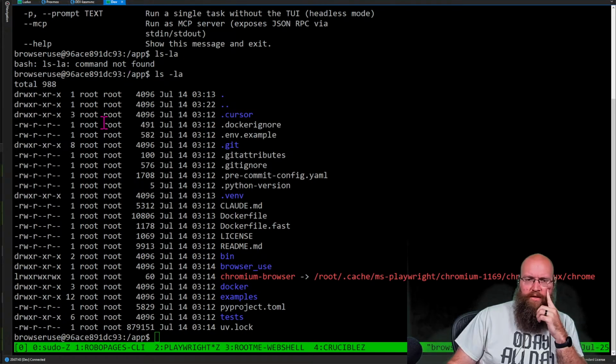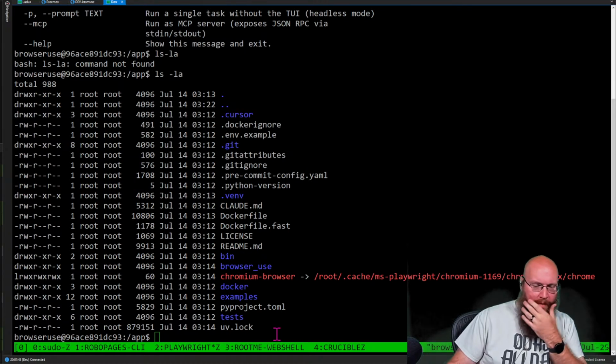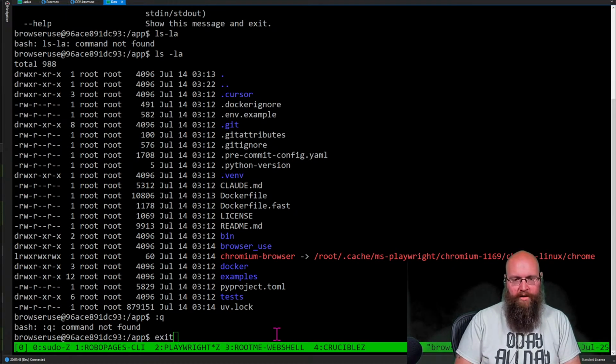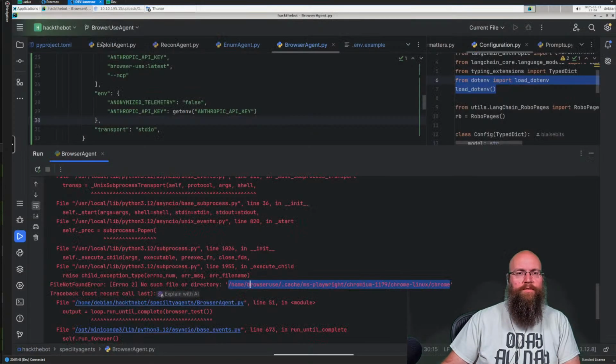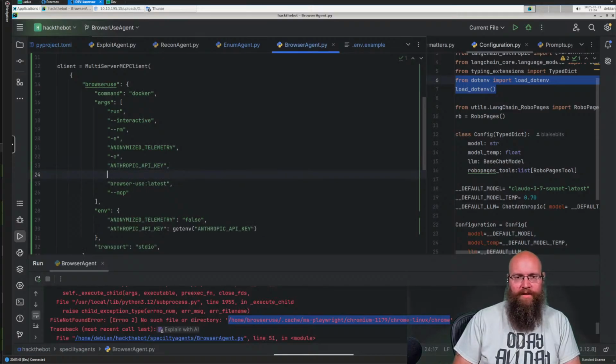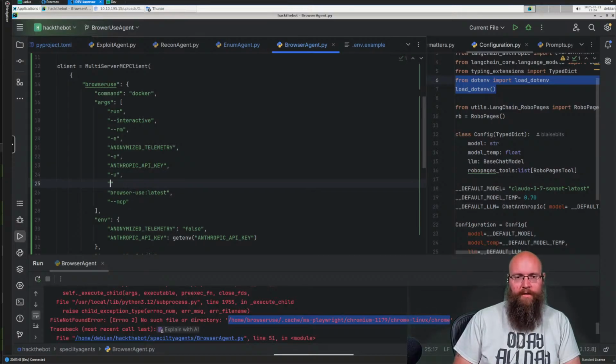So all this is owned as root, but when we run this, we're running it as browser use for some reason. So there could be a little dirty thing we could do, which is, it looks like it actually may be working as root. So something that's completely non-standard practice here is give it a tag U, and then we just tell it to run as root.